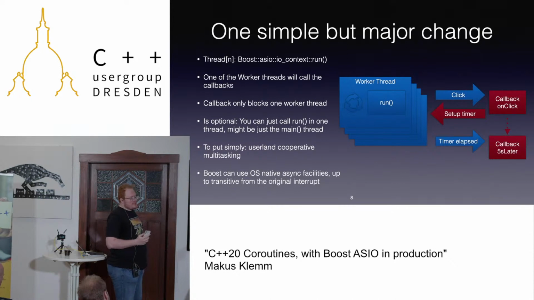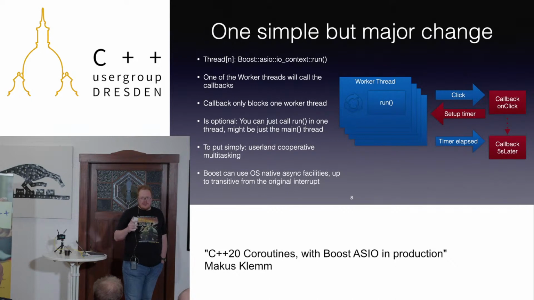And of course, this is optional, so you can also use Boost ASIO in only one thread. You can even tell Boost ASIO there's only one worker thread, so that Boost ASIO can do some optimizations and will not compile with mutexes and stuff, so that the Boost ASIO data structures are not protected by mutexes anymore. And to put it simply, for all those who ever heard a computer science lecture, you can also put it into terms that it's actually userland